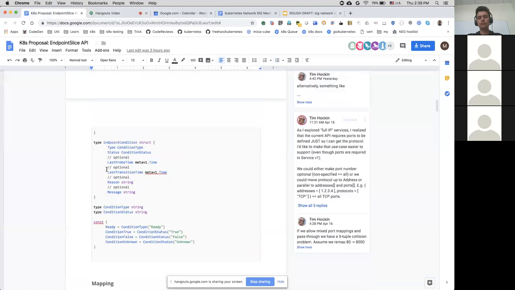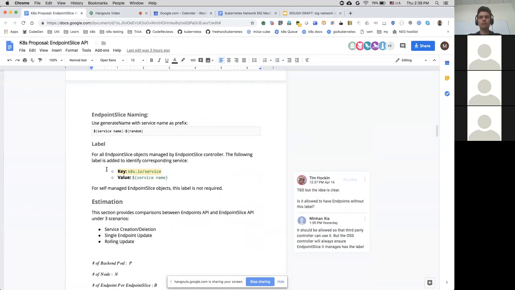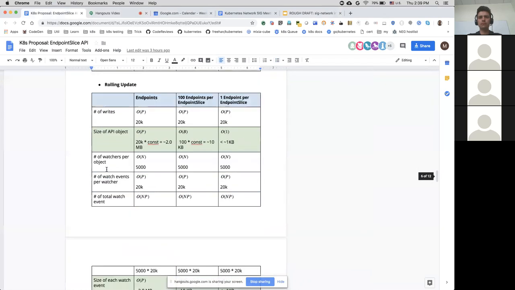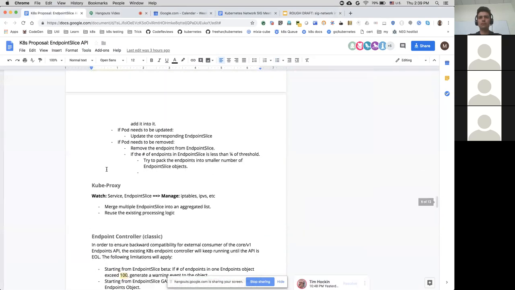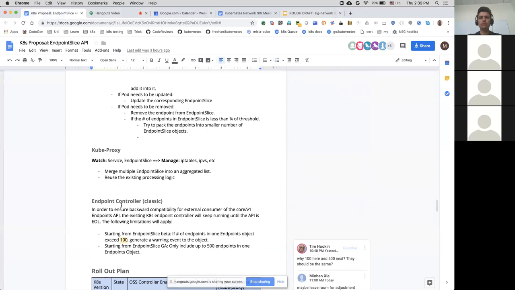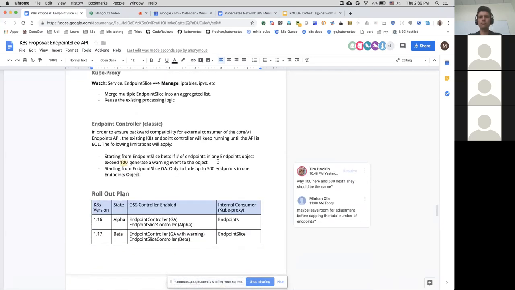In the later section of the doc, we say the existing endpoint controller will keep running because there are always third-party consumers we don't know about who watch the endpoint object. Right. Yes. So it will be kept running, but starting from beta, we will start throwing warning events, and then eventually probably cap the number of endpoints in one endpoint object to some number, let's say 500 or even 100.